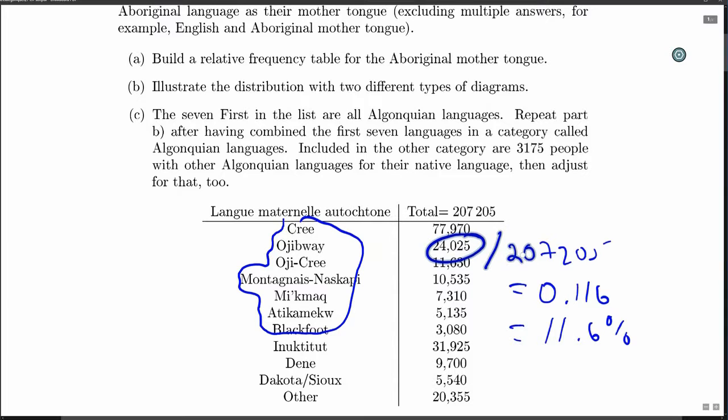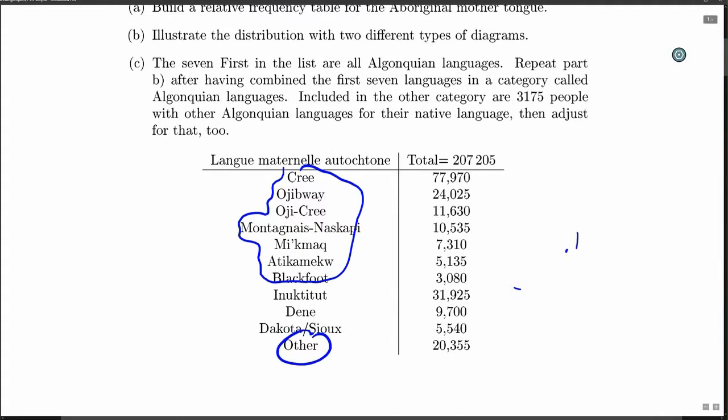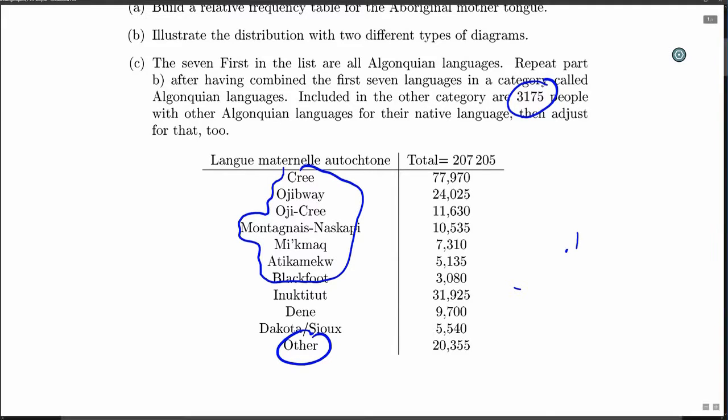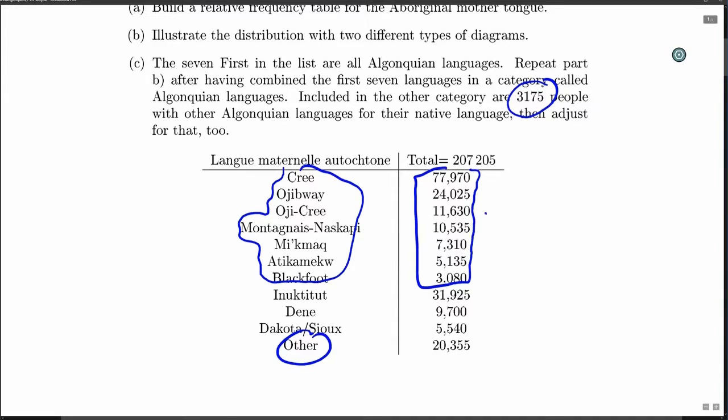And then also in the others at the bottom of our table, so in other, out of the 20,355, there is actually 3,175 which also belong to the Algonquin languages. Okay, and so what we'll do is add up the frequencies for the first 7, 1, 2, 3, 4, 5, 6, 7. So we'll add up all of these frequencies. This will belong to the Algonquin language, which is